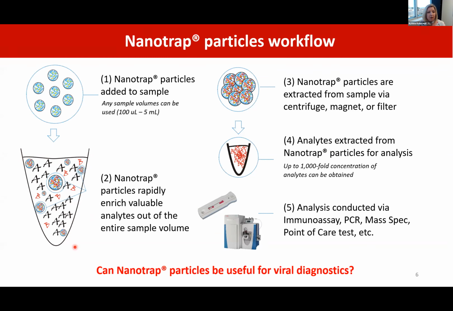And so what's shown here in this graphic is the Nanotrap particles are able to take the B, which stands for the biomarker here, out of solution, and they will exclude things like the albumin from the nanoparticles. And then you can pull them out either through centrifugation or using a magnet, or there's even filter-based methods. This allows concentration of your analyte, and you elute them off of your particles, and then you put them into